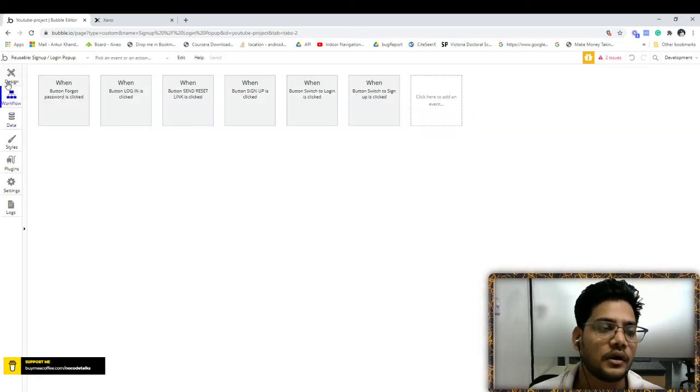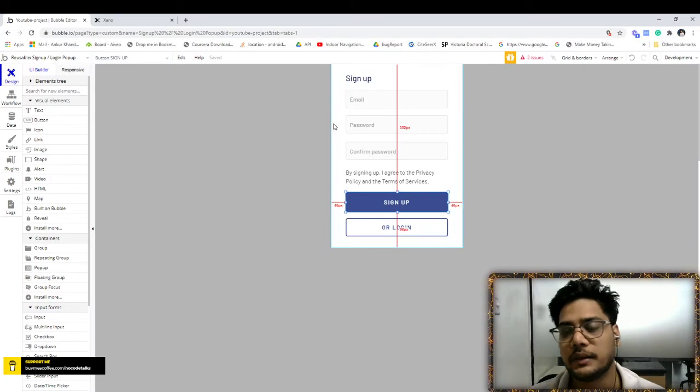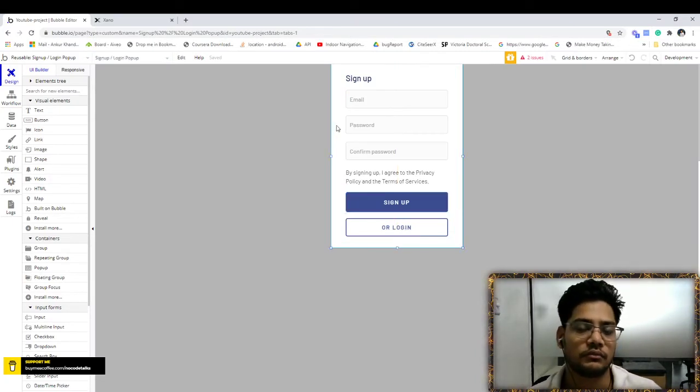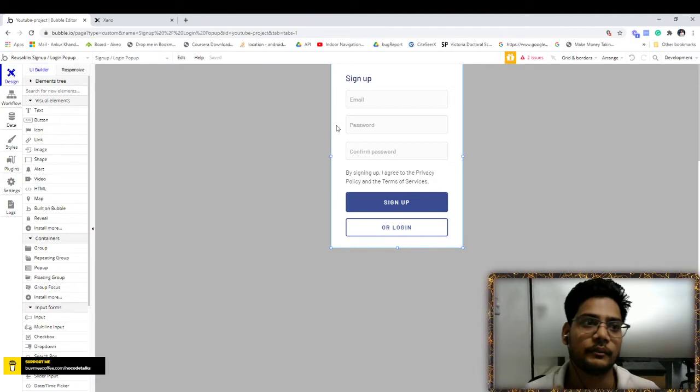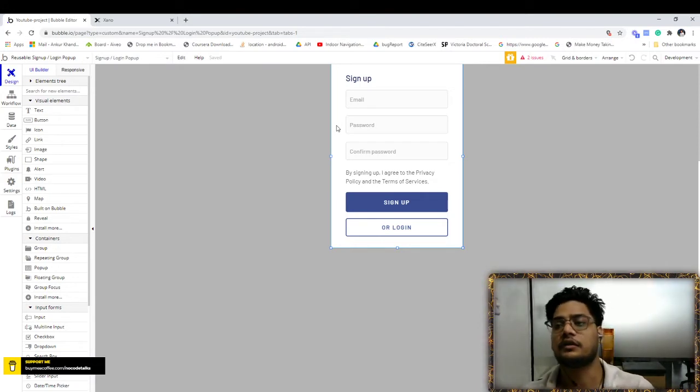But sometimes you don't want to use the Bubble API and want to set up our own server. For example, you are building a front end in Bubble, but you have your own server, or you are using any other no-code tool to build an API. So how will you do that?